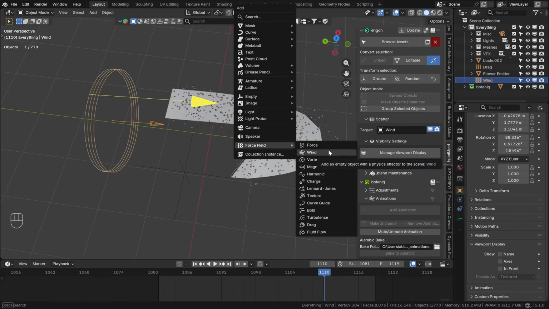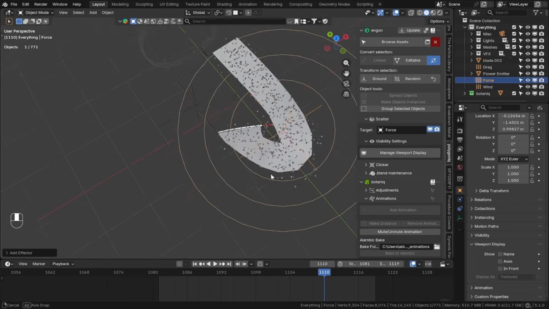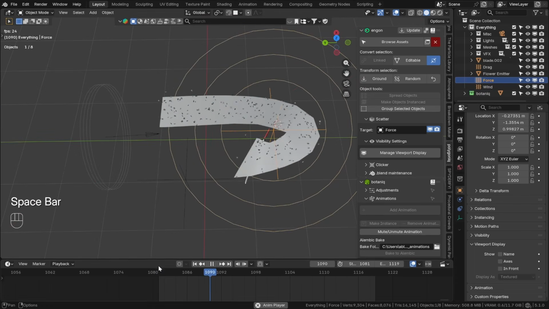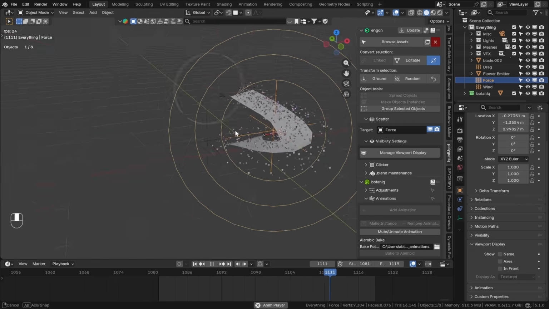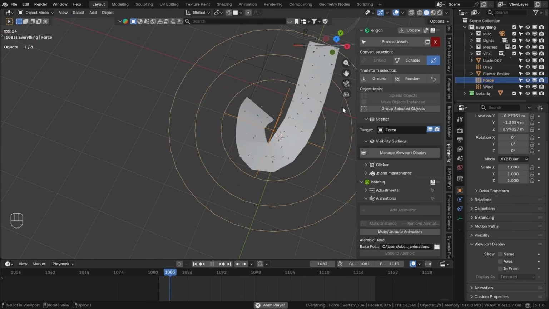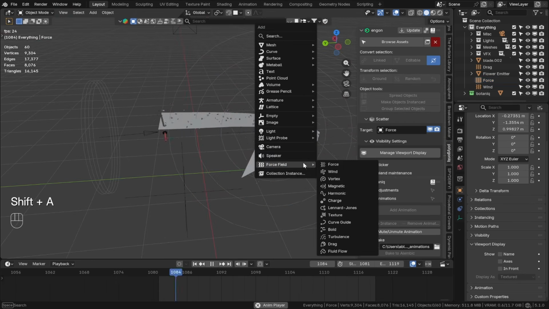And now I'm going to add a regular force because we want the particles to be pushed outward from the center of the spawner. For all these, you can see I'm just keeping the standard settings for the forces, and the particles are being pushed outward now. Next, I'm going to add a vortex, and the interesting thing about this is you can get